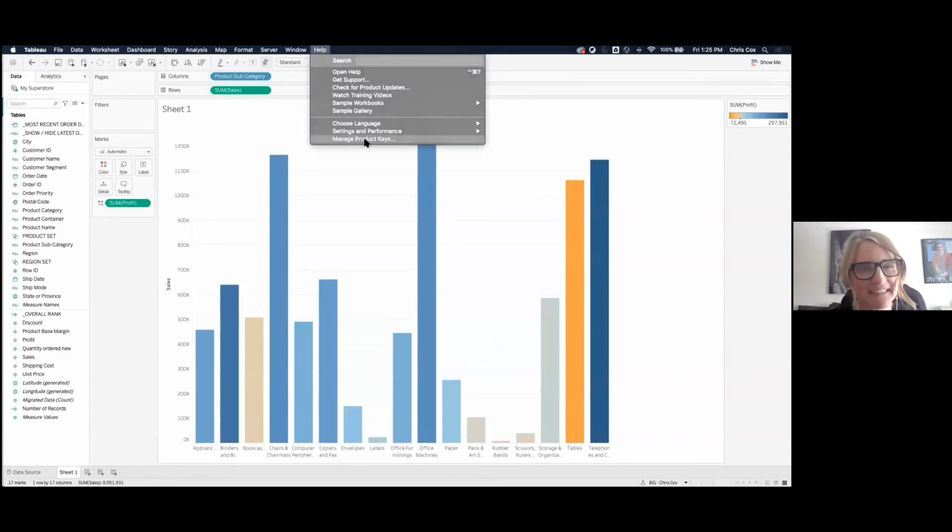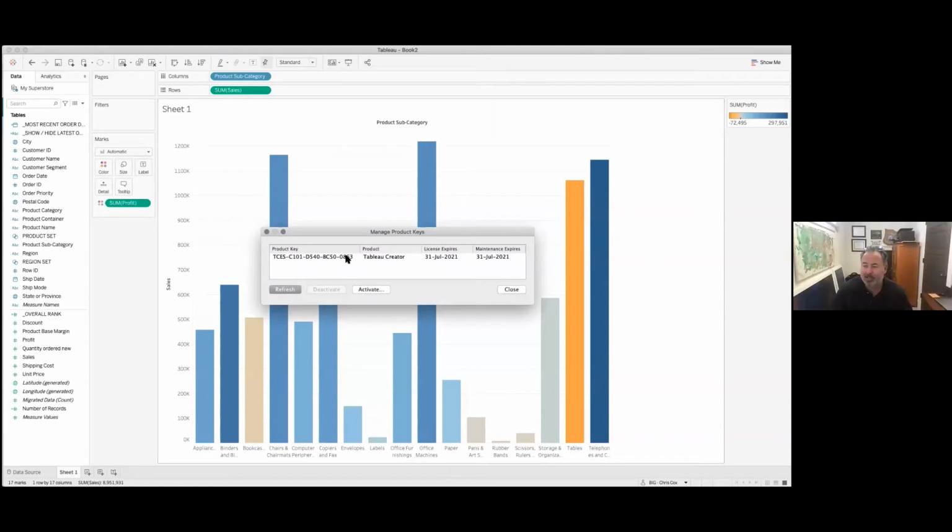Go to help and then manage product keys. So it should be that you could use this one twice. For each key you can install on two machines. So I would say try to use your current desktop key. When it says 14-day trial, just change that to the activate button, and then try using that